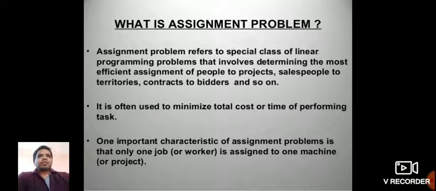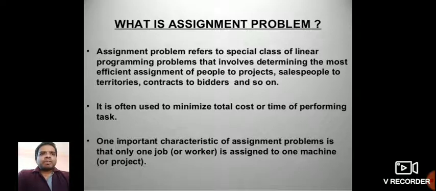Here, what is the assignment problem? As I said, it is one of the OR techniques used to reduce the cost or time associated with the project or any other works.